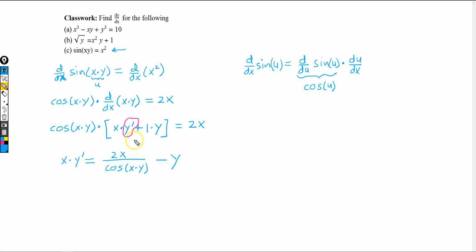After we divided this underneath the 2x, it's right here now. Now what we'll do is we'll divide this x to the other side, or we can also just think of multiplying both sides by 1 over x to get rid of that. And then these x's will cancel and we'll get y prime by itself. Now when we multiply 1 over x in here against this term, that x will cancel, and so we'll just have